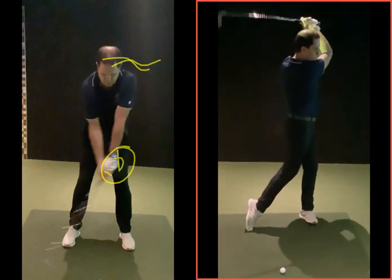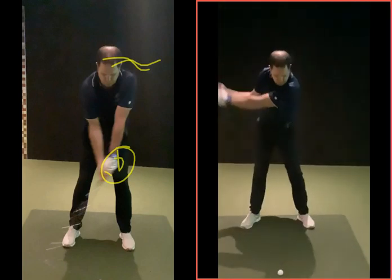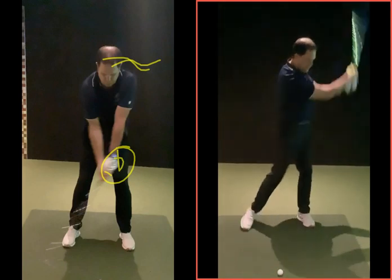Yeah, exactly. A lot of things are byproducts of a movement, and if you're over there thinking, I'm doing this and this, you'll do nothing. All that happens is your brain has got all these, like A Beautiful Mind, with numbers and letters and symbols coming towards his head, and nothing happens really. You've got to think, right, where do I want this club to get to post impact? I'm going to get into that position here now, feel that there now, and how have I got there? What have I done? I've turned, as you said, and that's why I think you're trying to open up your senses to think, okay, what do I feel like I've done to do that? I've turned my chest to face towards target, and then you just keep putting that swing in,